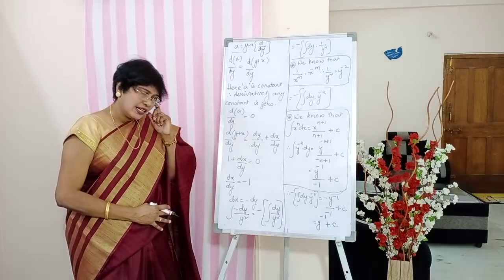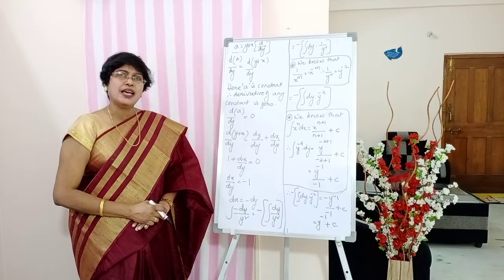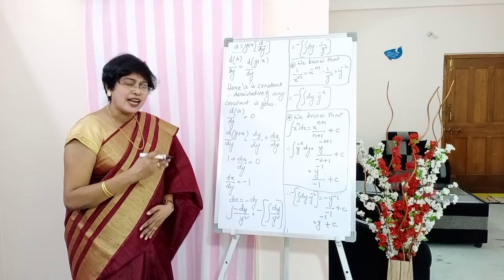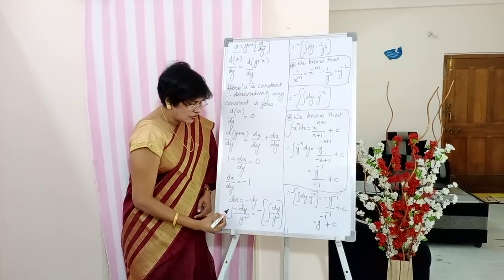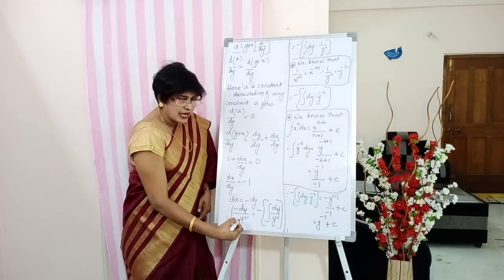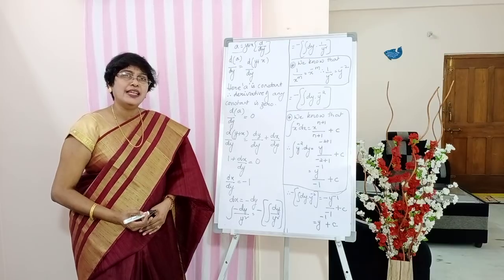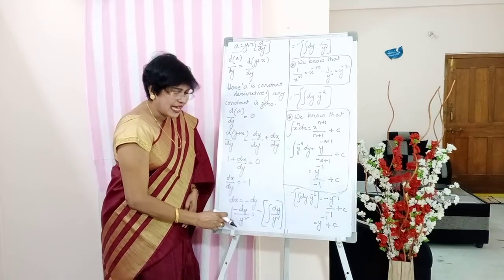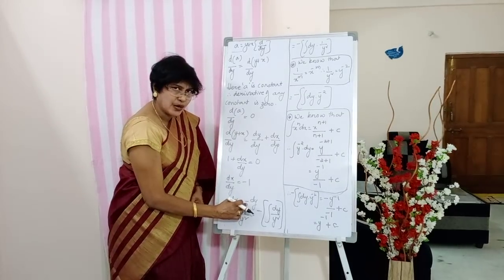So go back to our equation: integral dx by (a minus x) whole square is equal to k2 into integral dt. In that equation we will substitute for dx. We have got dx as minus dy, so integral of minus dy by (a minus x) whole square. We have considered a minus x is equal to y, which is equation number 2. Kindly go back and check. So those two values we have substituted: integral of minus dy, because dx we got as minus dy.